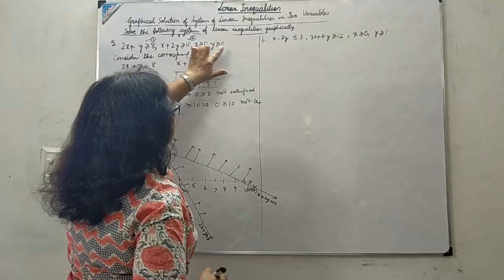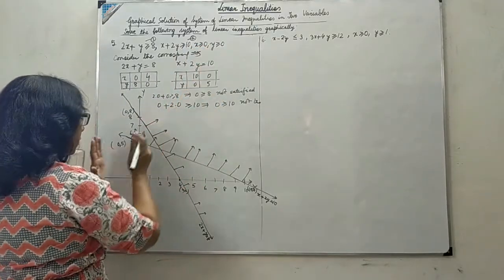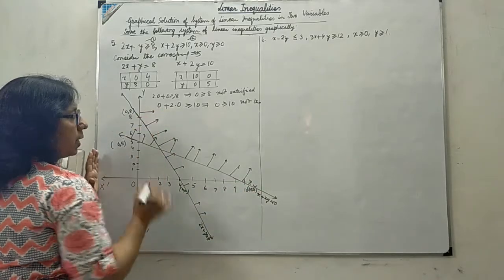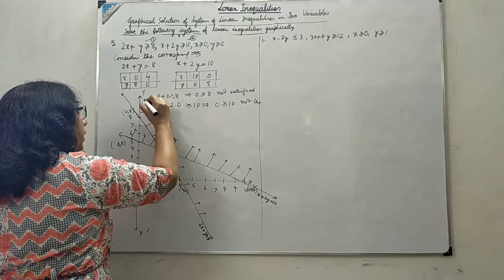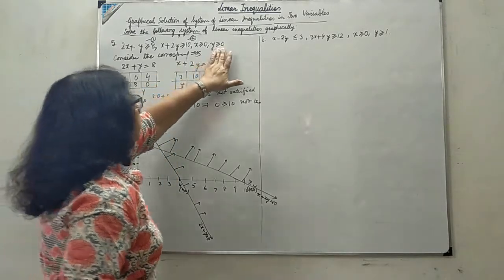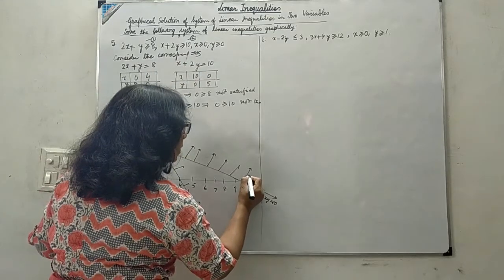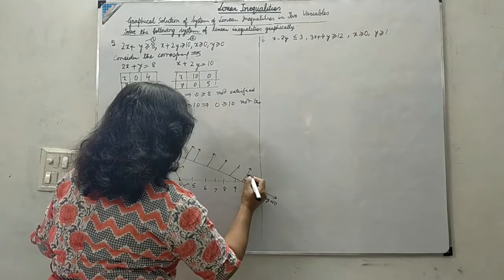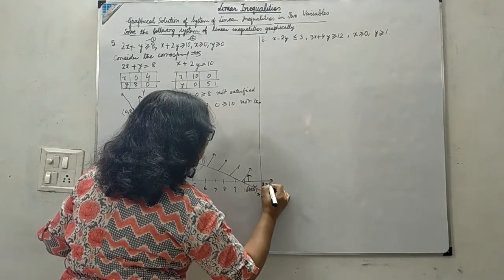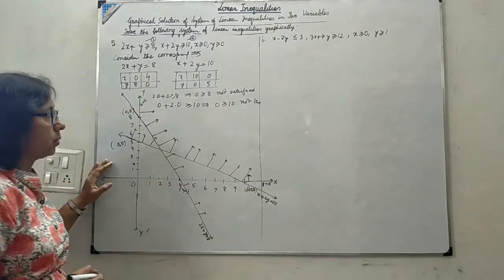Now x positive and y positive, we don't need to take tables for this. X positive means the part on which the x-axis is positive, this side. This is the equation for x equals 0, the y-axis is actually where x is 0. And y greater than 0 means this upper part, I am putting the arrow for this, and this equation is y equal to 0. This is the x-axis, and the x-axis is actually where y is 0.